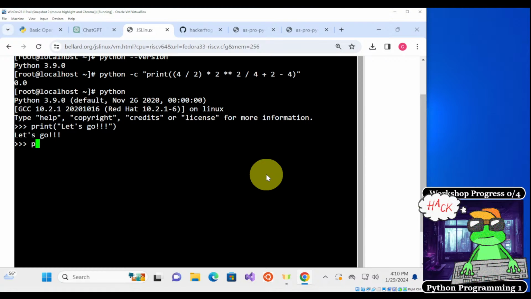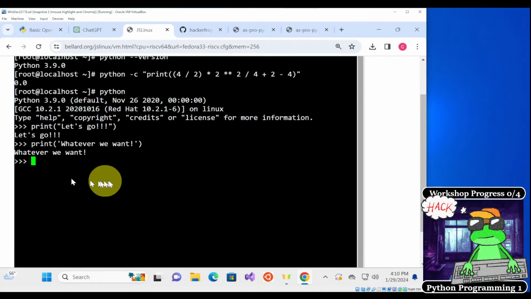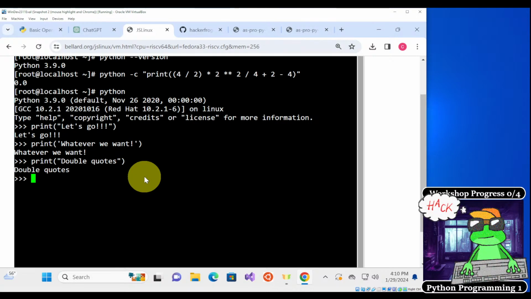What we can do is just type print, and then between the parentheses we can put whatever we want, and that's going to print something to the screen. We can use single quotes, or we can use double quotes. The great thing about the interpreter is that after you press enter, it'll just execute whatever command you give it.